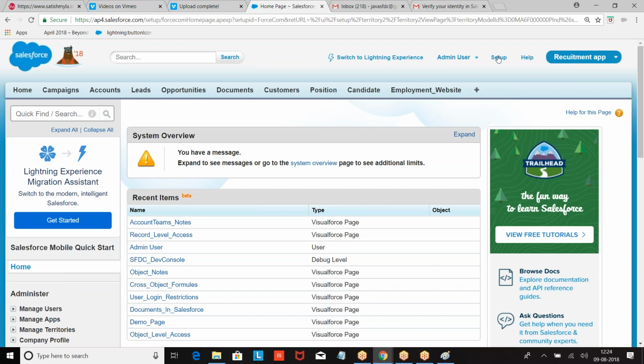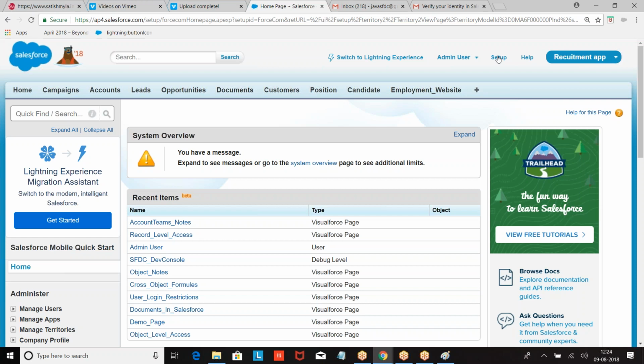Then apart from that, what are the other things we had? Teams, account teams and opportunity teams. Then followed by, we had territory based sharing. So these are the possible ways of sharing a record in the entire CRM. I hope every concept is clear. Right? So OWD, role hierarchy, profile and permission set, view all data, modify all data, view all, modify all.